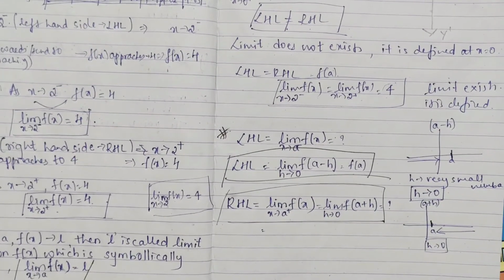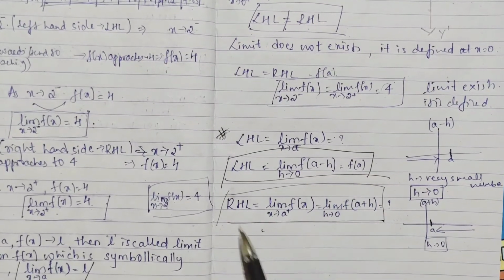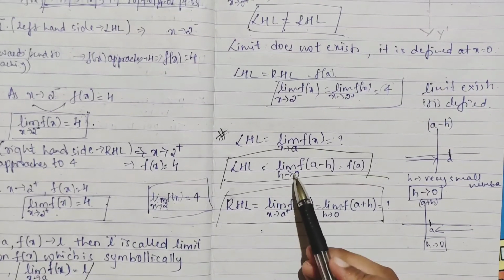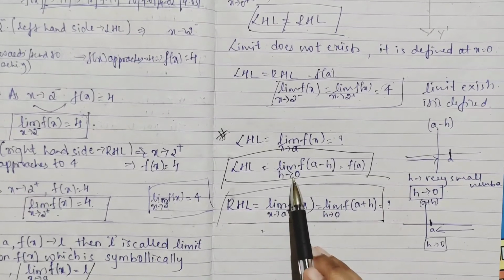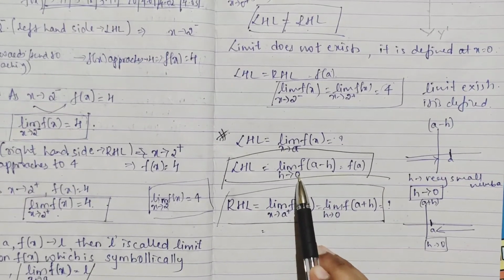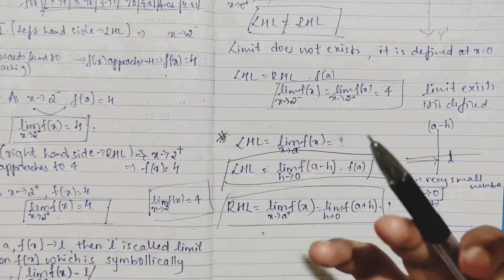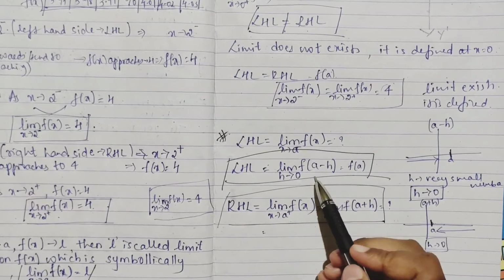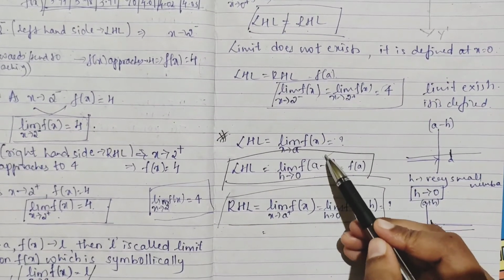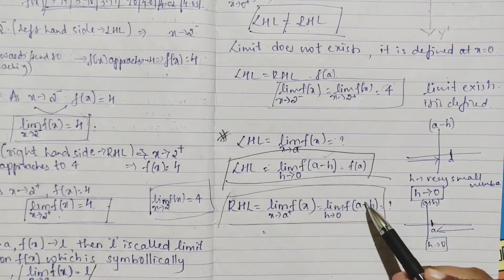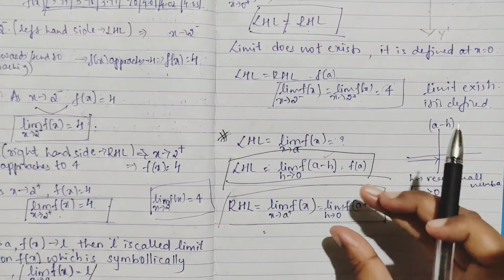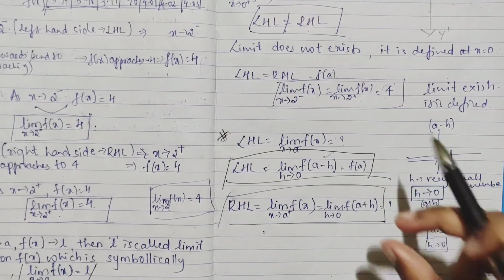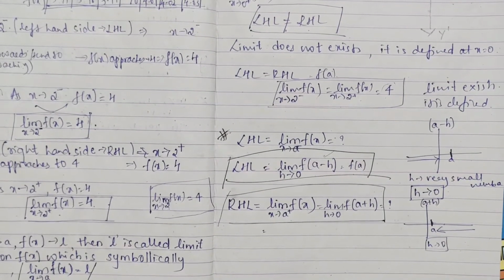This is basically a left hand limit. And see here, we have not applied any negative or positive number directly; we just have h tends to 0, as we generally write limit values. By this you can understand left hand limit and right hand limit as a minus h and a plus h. Whenever you are finding LHL you go with a minus h, and for RHL a plus h.